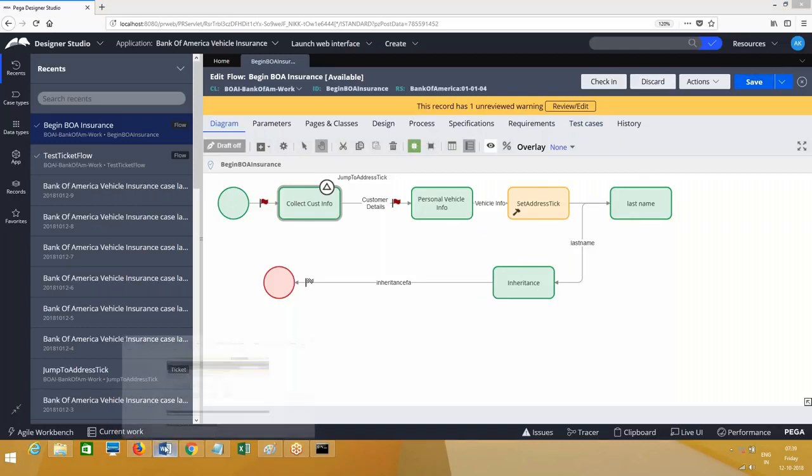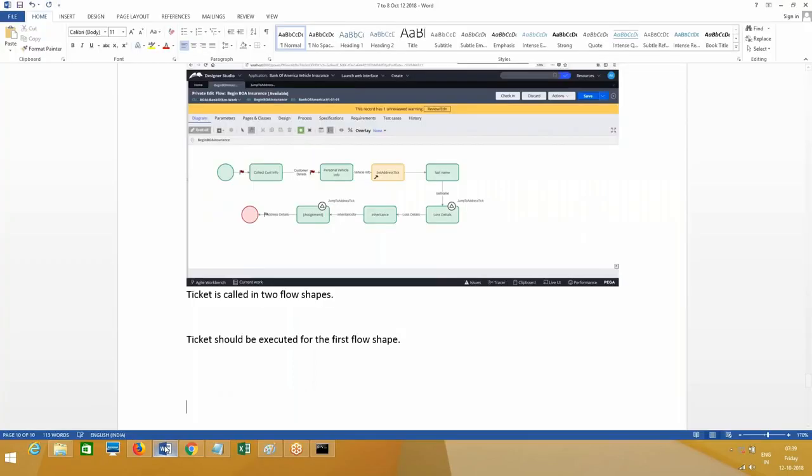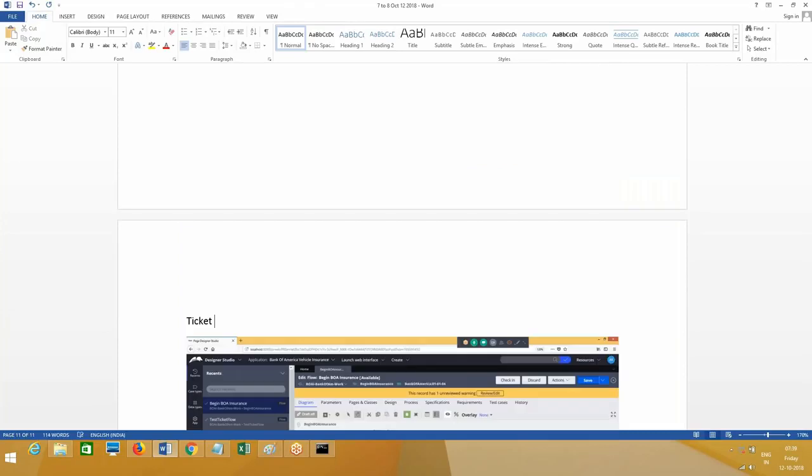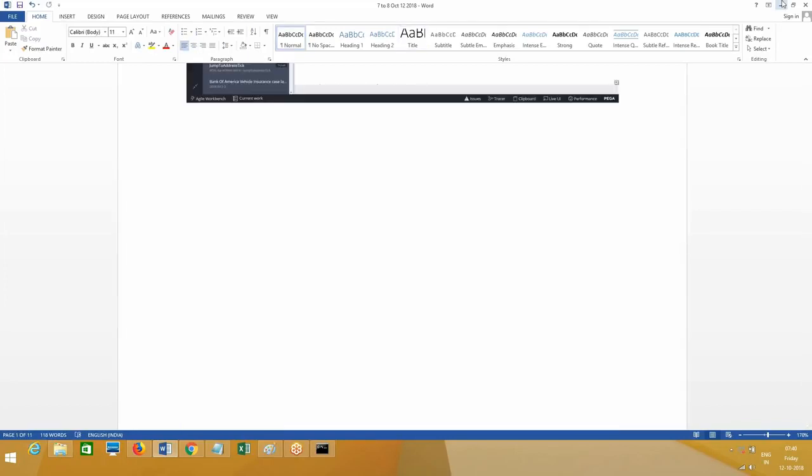This test case also you run it. Actions and run this.